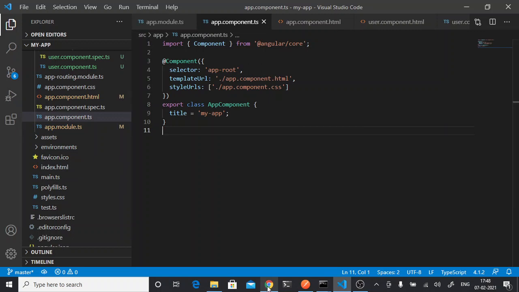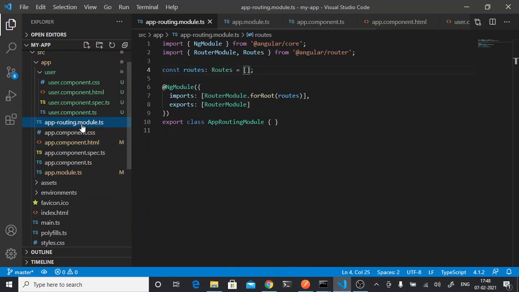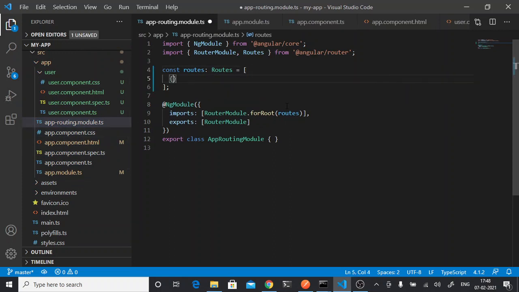So now here in your app-routing.module.ts, in the routes you can give the path. In object form you will give first the path. I want the path to be user. Whenever after the root there is user, then you have to call this. So in component I will give the component class that was created.